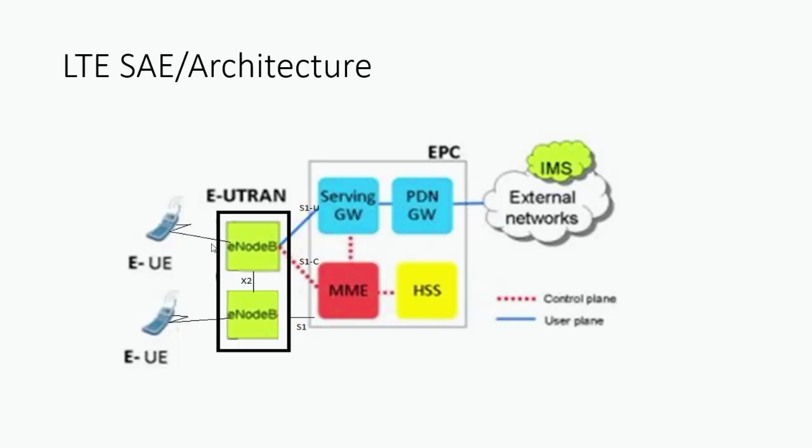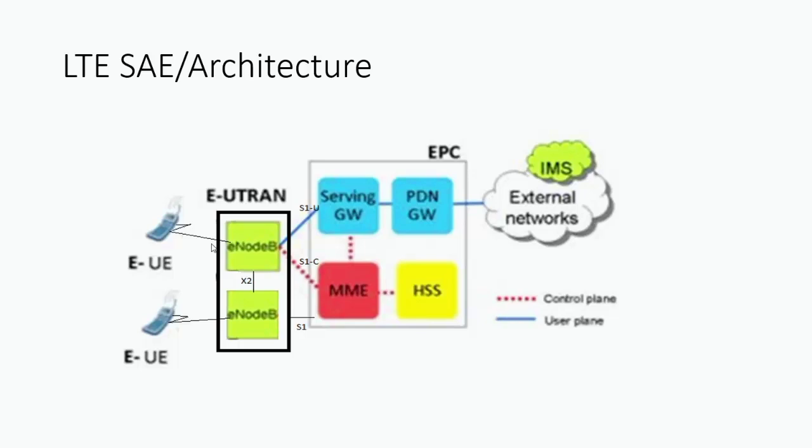As our requirement is high mobility, the network nodes should be fewer, and if you want high mobility, your architecture should be simple, and the number of nodes should be fewer and faster. So we need to organize all nodes and all entities which are required for packet switching in a smart way. So we have one radio network, which is the EUT-RAN part. EUT-RAN, as I already told you in my previous lecture, is known as Evolved Universal Terrestrial Radio Access Network.